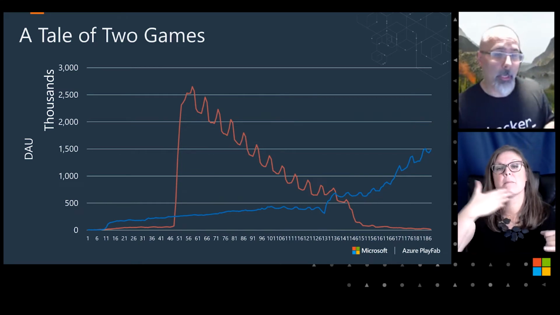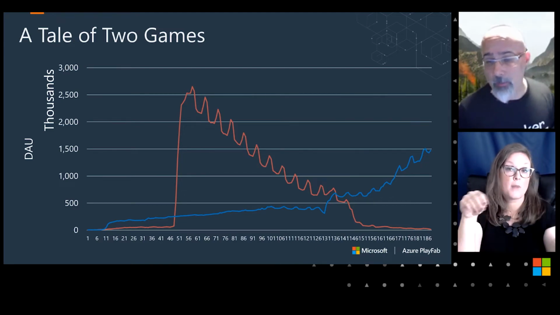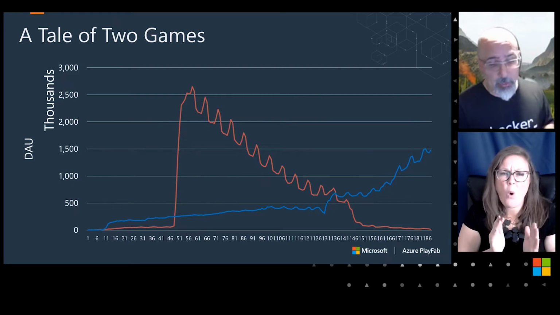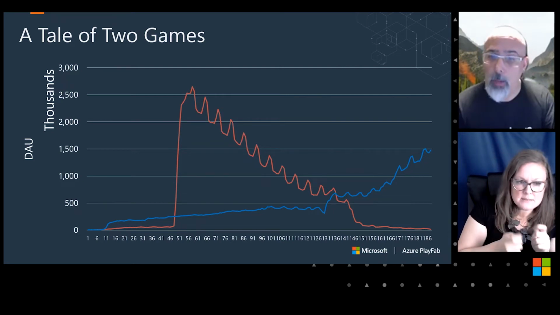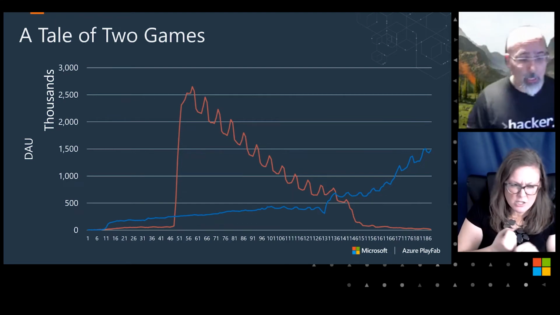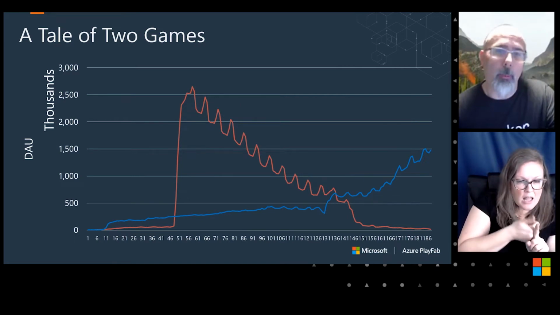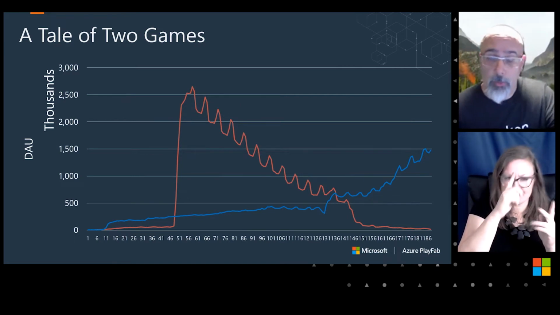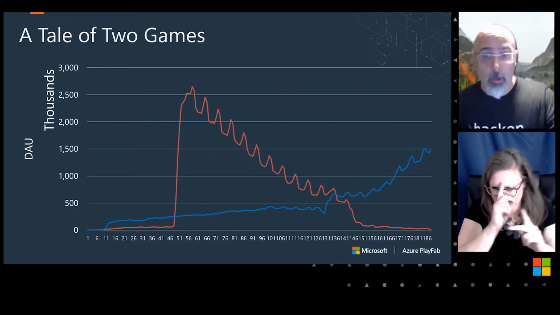That blue line represents a game that they put out into the market. At the time, this was a very small, very indie team, and they didn't really do much other than just tweak and tune their game for the first, about 2 years they were running it. And they didn't do certainly any user acquisition at that time. But they were talking to us throughout that, and they were learning about how to do live ops and how to evaluate their data and what experimentation they might want to do and how that would work and fine tuning